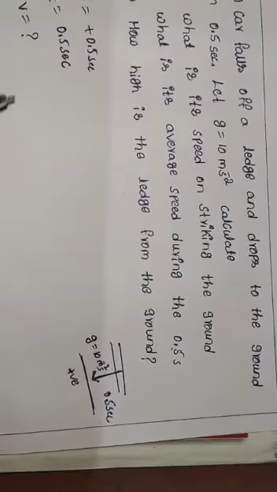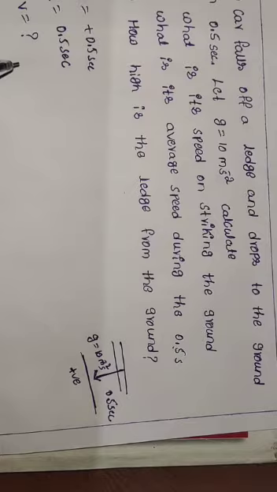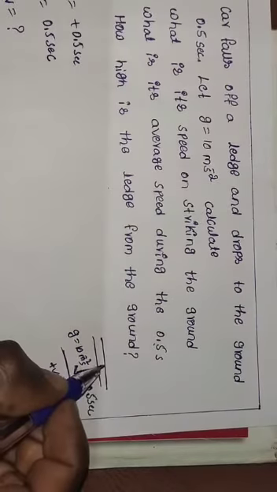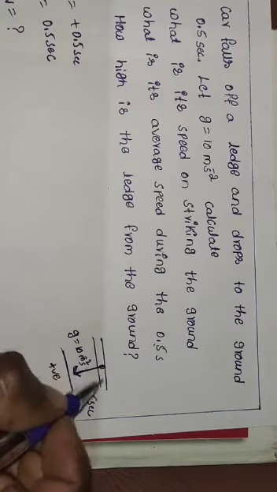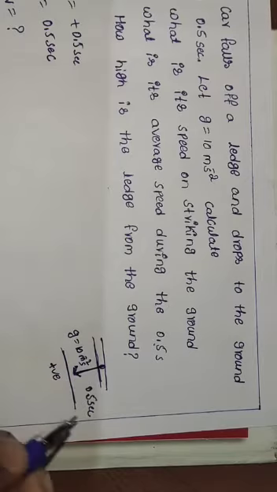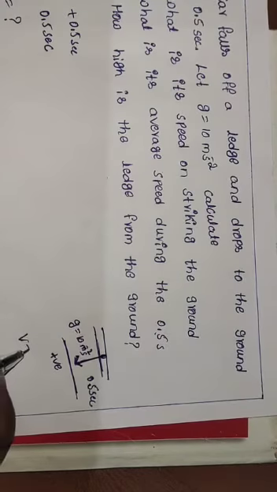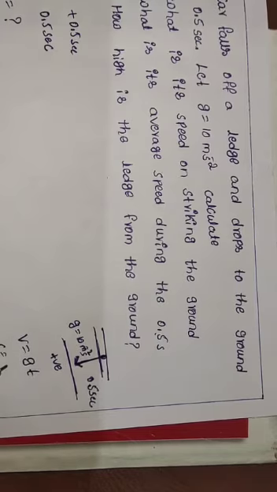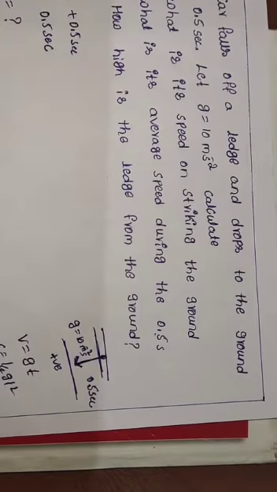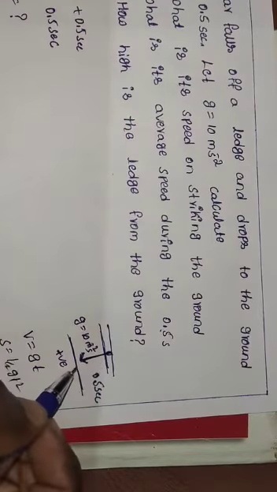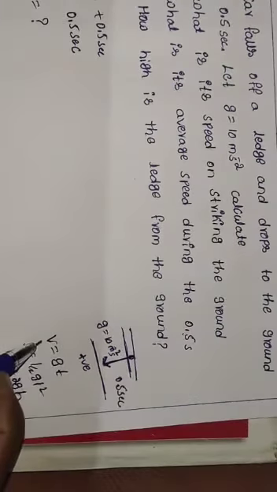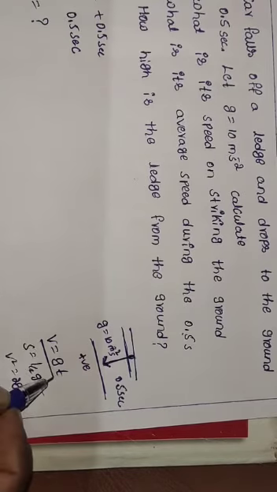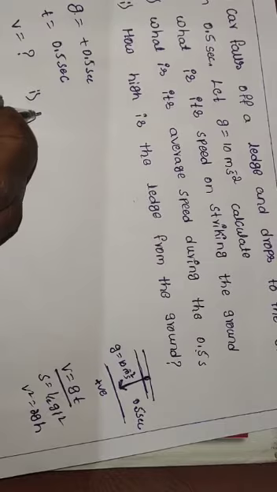Let's see how to find out the speed of the object. Here the object falls towards the ground, which means the object is dropped from a certain height. Then we know the equations: v is equal to gt, s is equal to half gt square, and v square is equal to 2gh. Here we have g and t, so by using these equations we can easily find out the speed of the object.